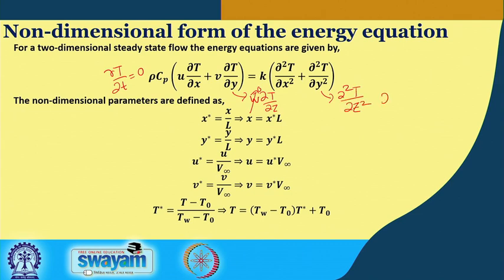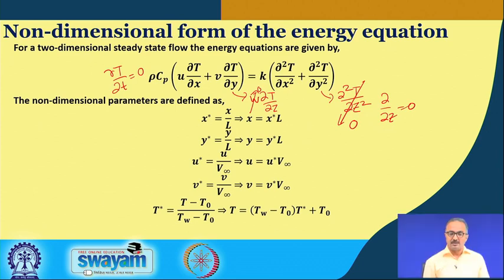So, this ∂u/∂z is taken to be 0, so that is why it is also 0. Only thing is, here we are assuming that there is no source term, as if it is a non-reacting system. And also please see that we are taking the thermal conductivity to be constant.